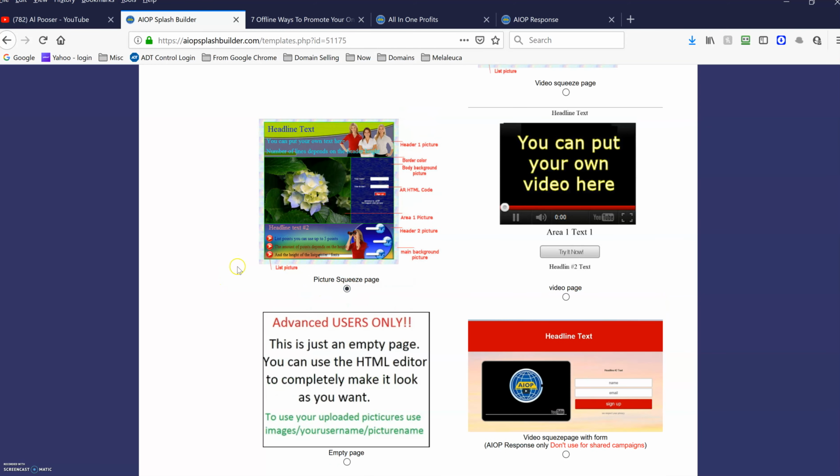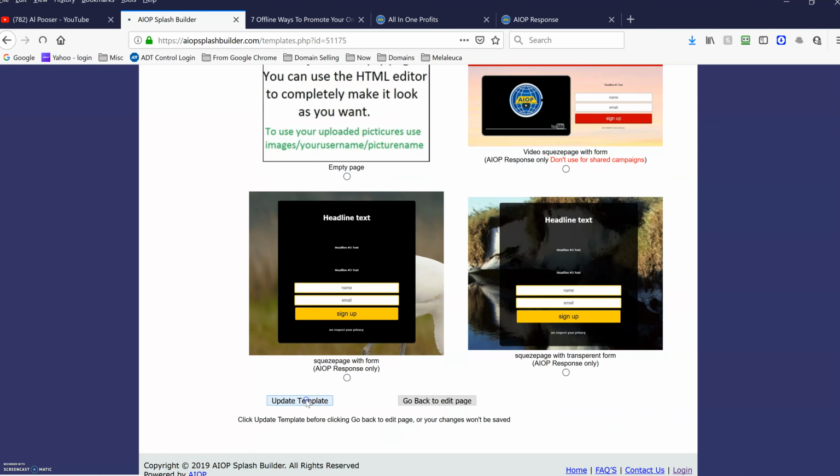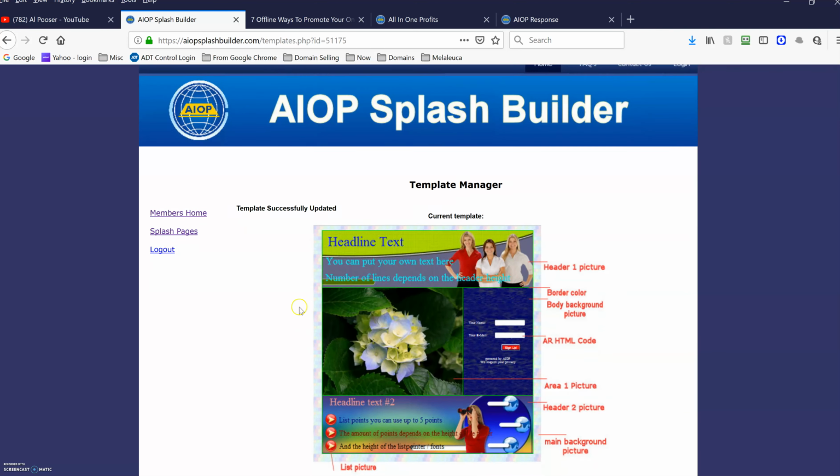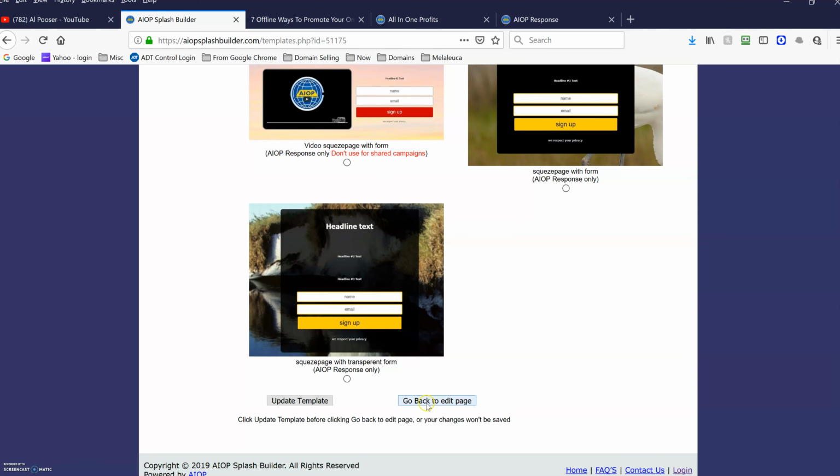So anytime you make any type of change on here, you need to update or save. So I'm going to update the template, and this is showing my current one. So what I want to do is I want to edit it,